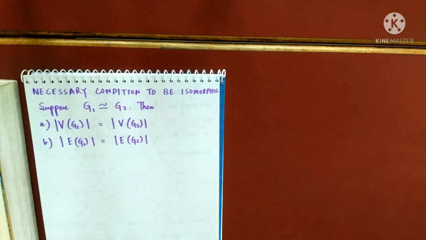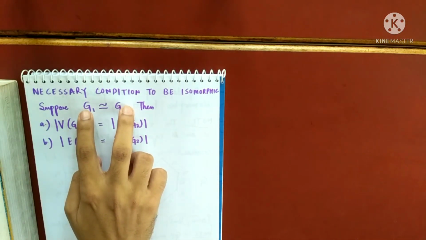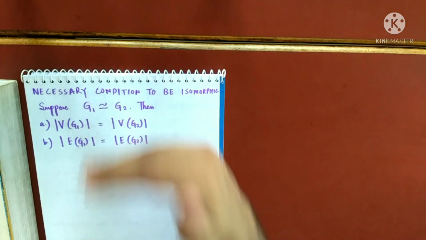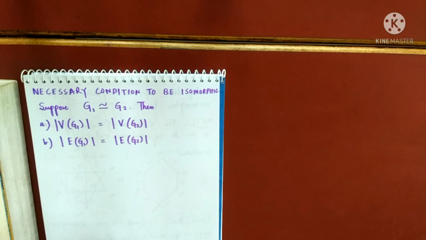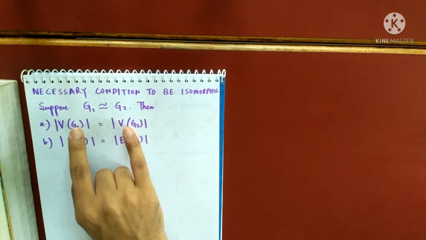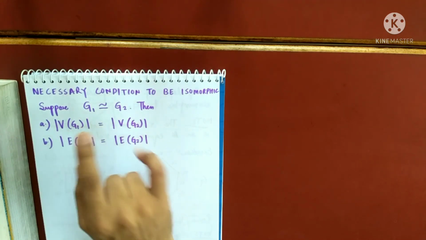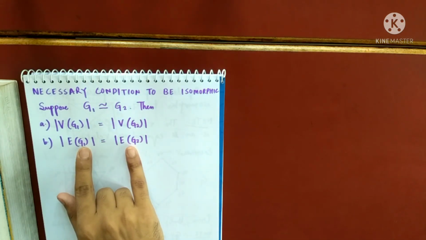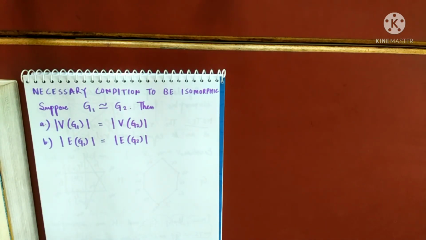So what is the use of the necessary condition? I have explained this hundreds of times. Necessary condition is used to disprove things. That means if the two graphs are isomorphic, then this will happen. That means if this will not happen, then this will not happen. We use the contrapositive statement of the necessary condition. Keep that in mind. If I can find two graphs which do not have the same number of vertices, then these two graphs cannot be isomorphic, because you cannot find a bijective map, right? Similarly, if I have two graphs which do not have the same number of edges, those two graphs cannot be isomorphic. So always keep that in mind.